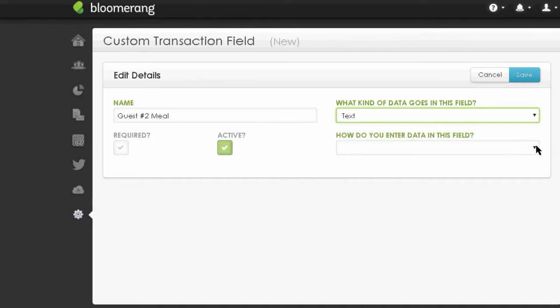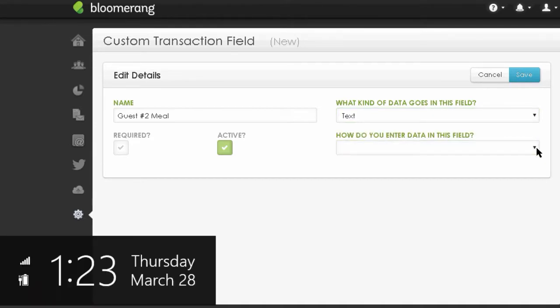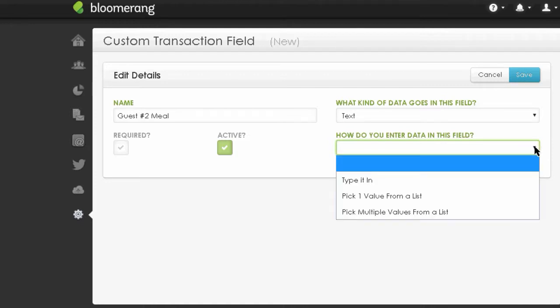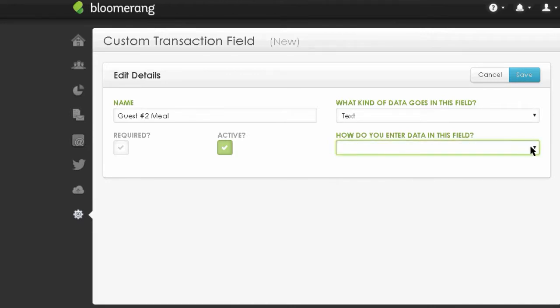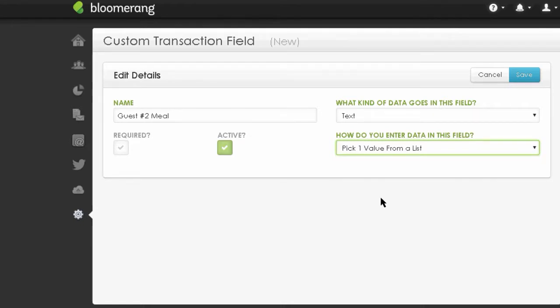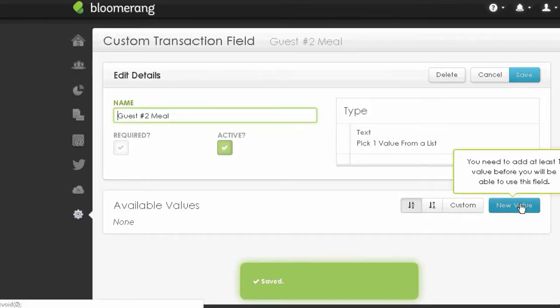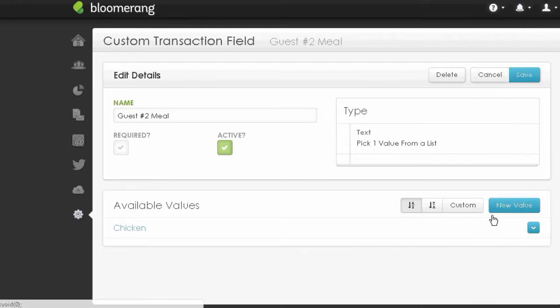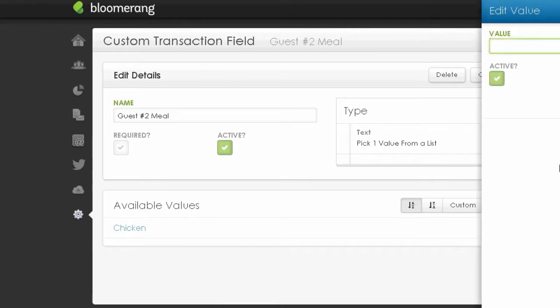But here, you're not going to just let them type it in. You're going to create a list from which they're going to pick one value. We'll save it. And now, see, what are those values? Well, those values are chicken, vegetarian,